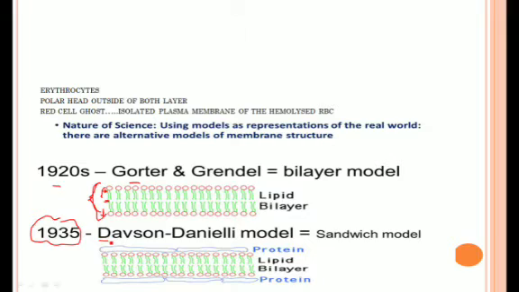In 1935, the Davson and Danielli model also suggests the same kind of plasma membrane, but there is a presence of protein on the upper and lower side of the plasma membrane. This is the only difference from the Gorter and Grendel model. It was proposed in 1935. After that,